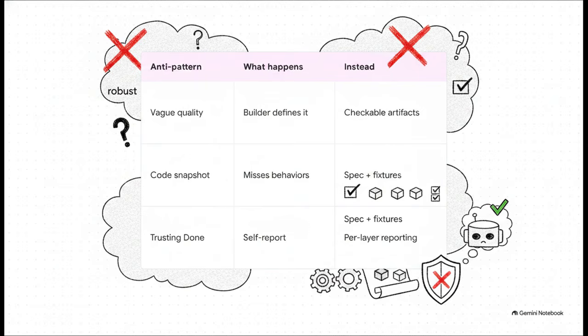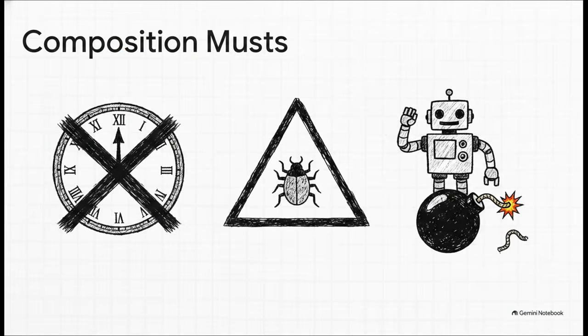Every quality requirement must be cashed out as a named, checkable artifact. You don't ask for secure, you demand an asserted rejection on an illegal state transition. See the difference? So you absolutely have to follow these composition musts. Your super prompt has to be stateless, meaning it relies on zero past conversation history. You have to explicitly name past failures so the AI doesn't just go and repeat them.